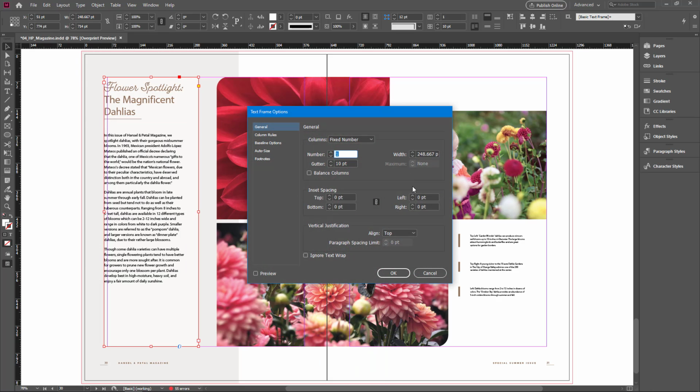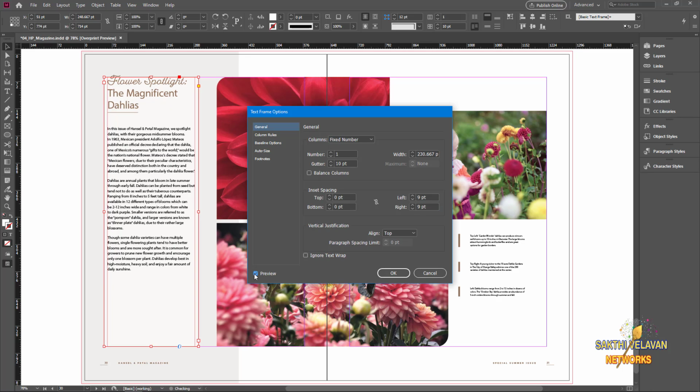In the Inset Spacing section, you can set the padding of the text frame. I want to set only the left and right side, so I unlink the chain. If the link is on, it automatically updates all of the fields. So I unlink it and I set the left side 9 points and the right side 9 points. And now I check the preview. You can see the left and right side 9-point padding is applied and it looks good,